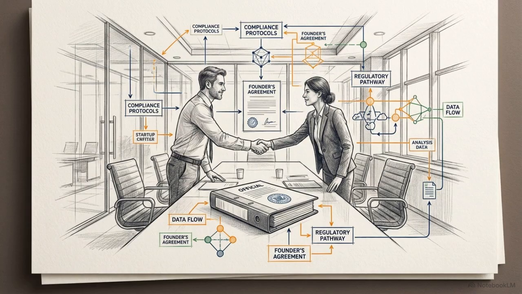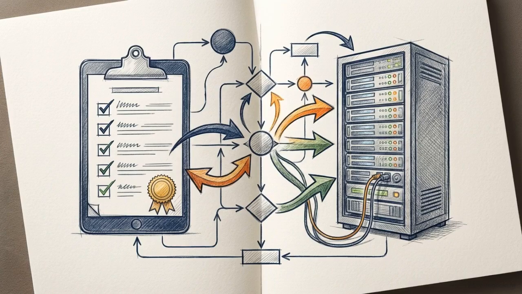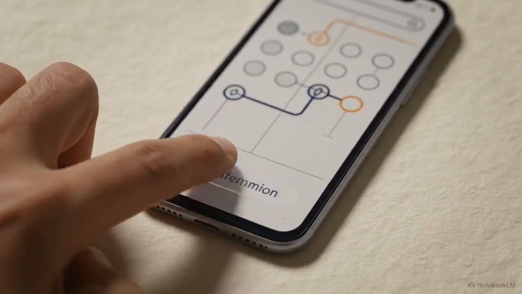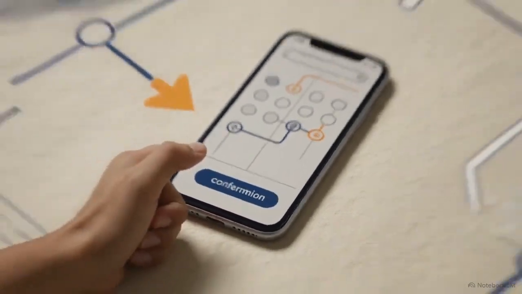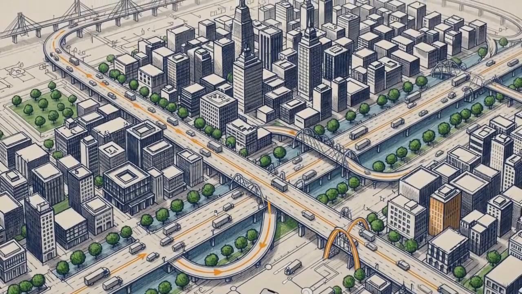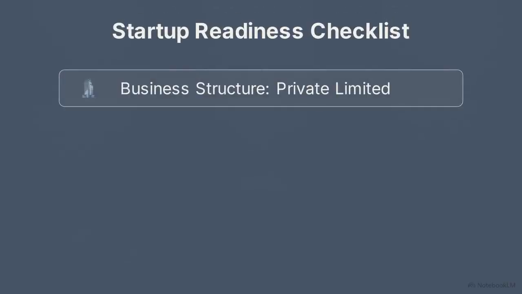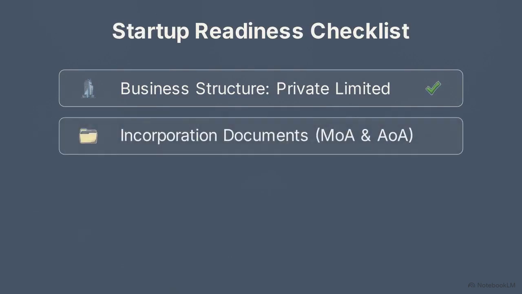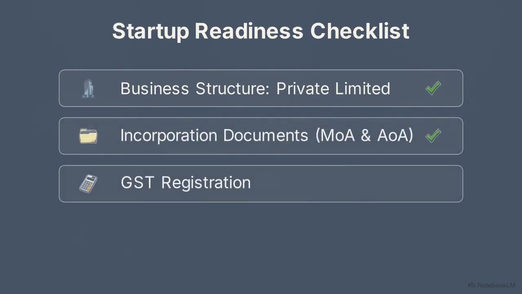Utilizing a specialized compliance agency covers the standard filing steps, but it also provides crucial support for the bank sponsorship liaison process and prepares your systems for the NPCI technical audits. The initial cost of professional registration buys the structural stability and trust capital necessary to successfully onboard millions of active UPI users. Reviewing the checklist, you have selected the correct business structure, filed your incorporation documents, secured your tax registrations,